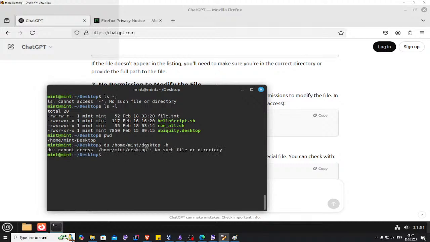No such file. Did I write it wrong? I think I did. Dash home mint desktop. I think I should specify more. And also another thing, do we even have a user? I don't think we do. Okay, let's get back. cd